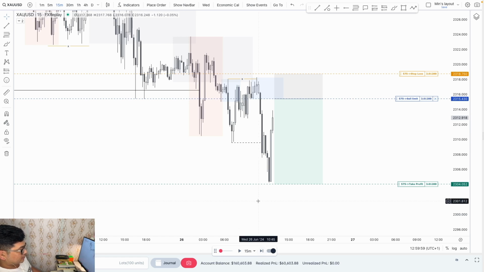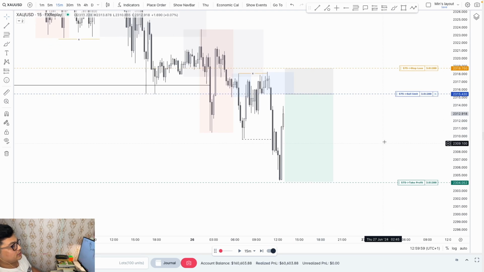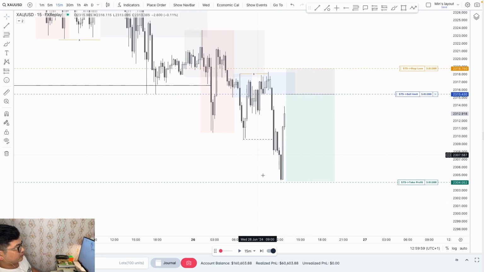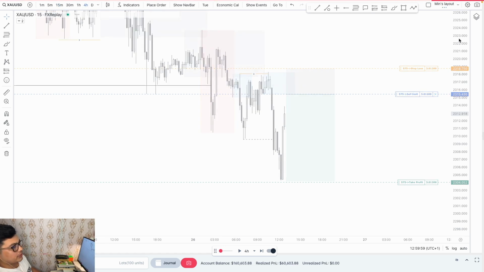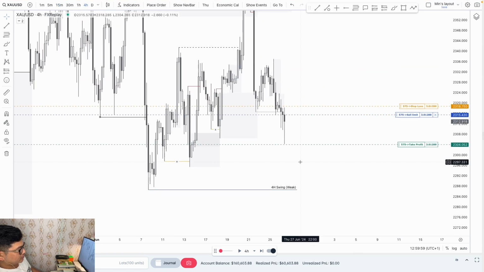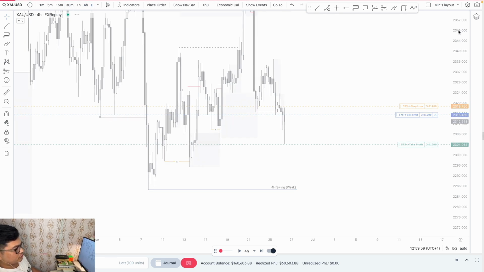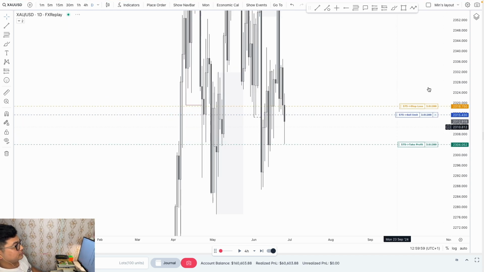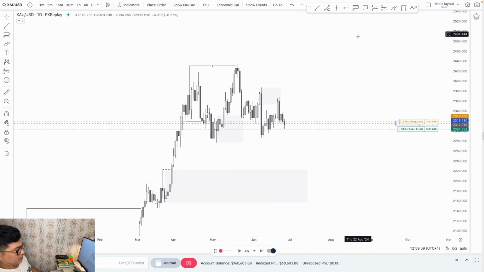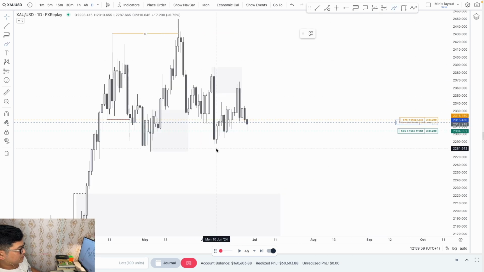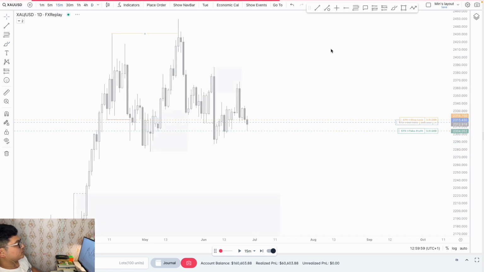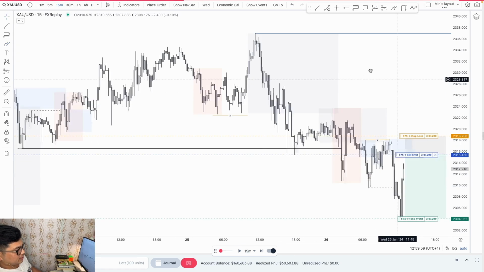All right, let's see. I'm still willing to take a trade because this really fits my plan. I'm happy to take a shot because overall everything you can see, H4 fully momentum has kicked in, fully bearish, everything is there. Daily is bearish. Daily is also pointing out that it really wants to run the week low. You can see that week low, just look at that. Tons of liquidity here. So definitely I won't be surprised if it does like that. Right? So yeah, overall it fits my plan. Let's see how it goes.